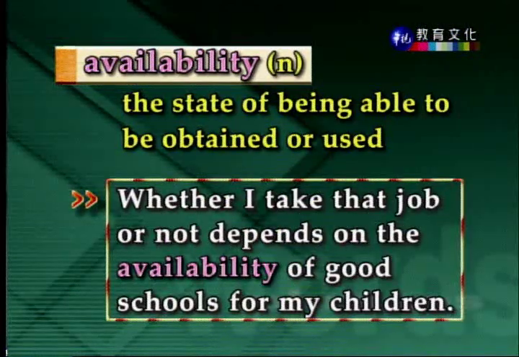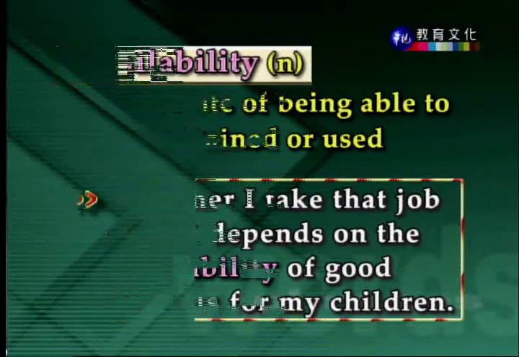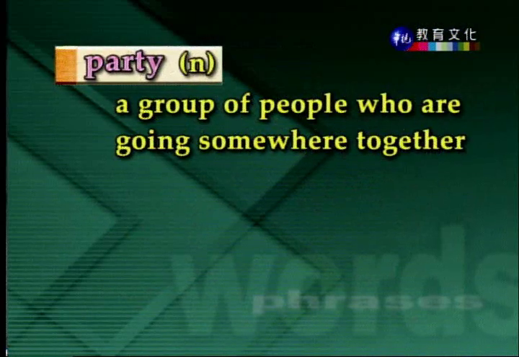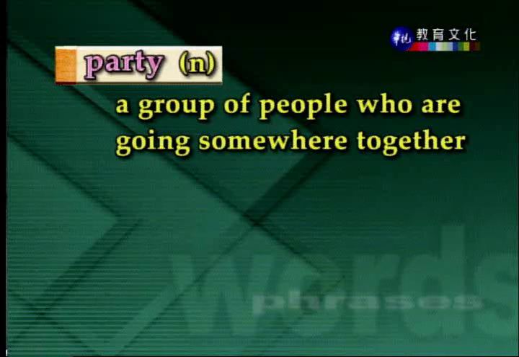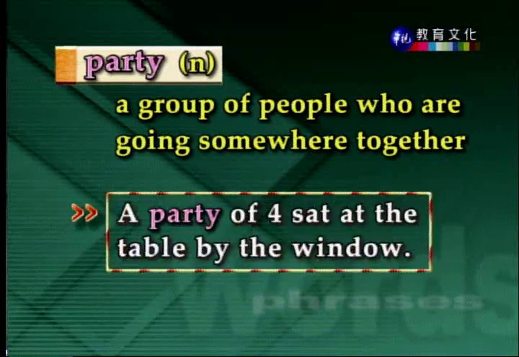Whether I take that job or not depends on the availability of good schools for my children. 我是否接受这份工作，取决于有没有好的学校给我的孩子上。Party. A group of people who are going somewhere together. A party of 4 sat at the table by the window. 有4个人要坐这个靠窗的桌子。